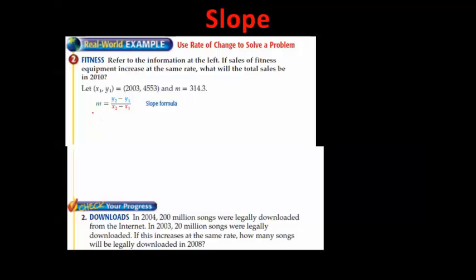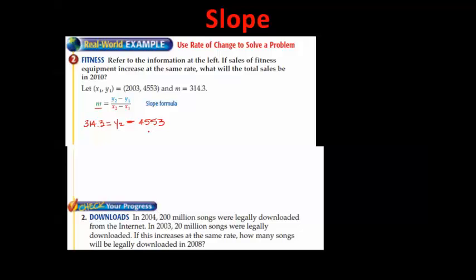So for m, right here, I'm going to have 314.3, and I'm going to put y2 because I don't know what y2 is. Oops, minus sign. This is the slope formula right here just to help remind you. And y1 is